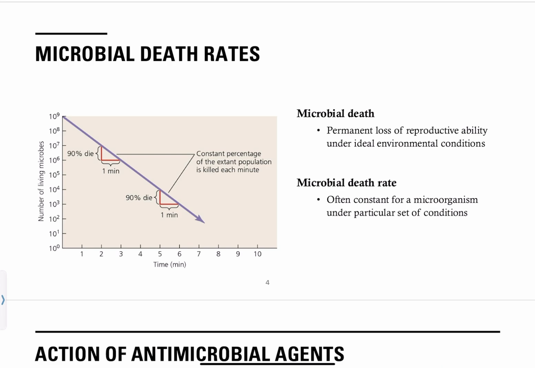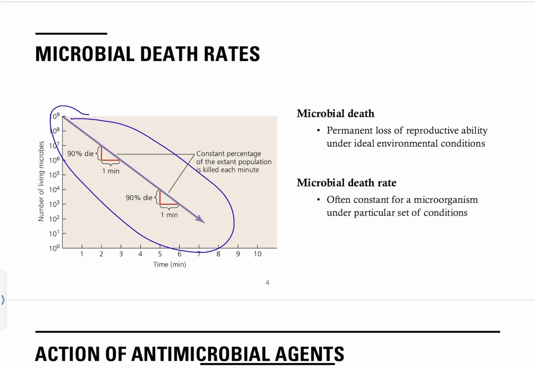Okay, so microbial death doesn't occur all at once. When a microbial agent is applied, microbes are going to die at a constant rate over time. The most susceptible cells die first, and what they leave behind are the more resistant ones that take a little bit longer to eliminate. So this is a predictable decline, and it is represented by a straight line on a semi-logarithmic graph, which you